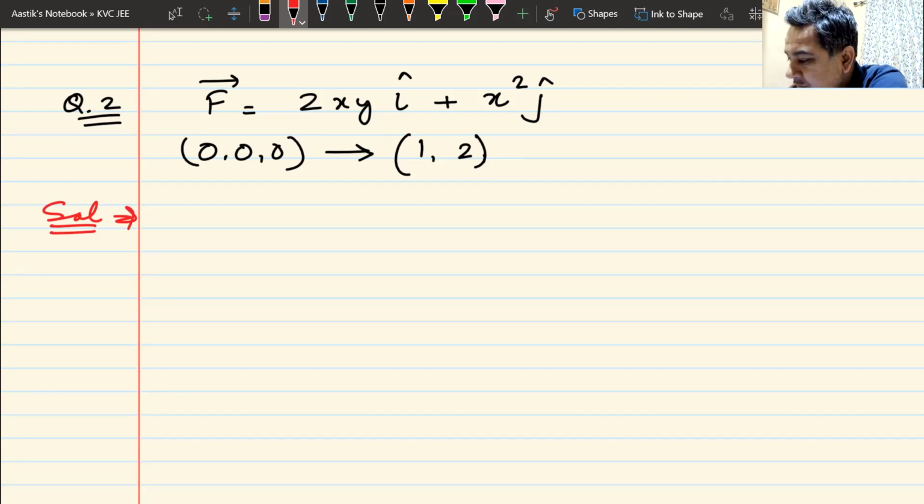Non-conservative, sir. How did you know that this is non-conservative? Did you check it, that it is conservative or non-conservative? Or you just have seen it and you have assumed that this is non-conservative? Sir, we are integrating with different variables now, sir. X and Y. That means it becomes non-conservative.